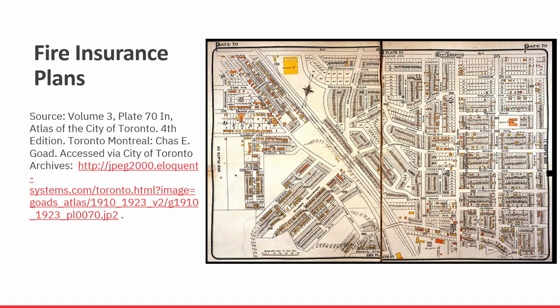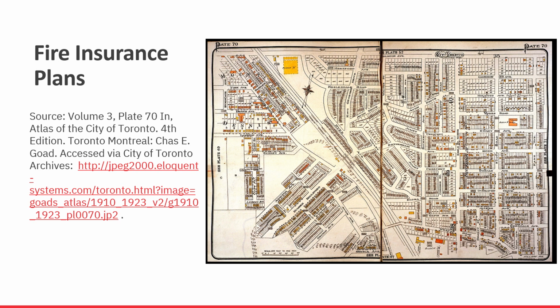Fire insurance plans are a rich historical resource. They are urban city maps initially created for insurance companies to provide information about building composition and to assess fire risk when assigning insurance rates. These plans provide details on building construction and usage in relation to streetscapes, neighborhoods, and commercial regions. They were created for fire insurance underwriters so that they could understand the physical characteristics of buildings and structures that they were providing insurance for.